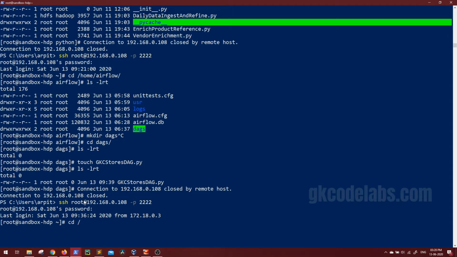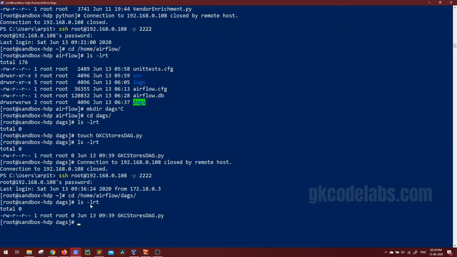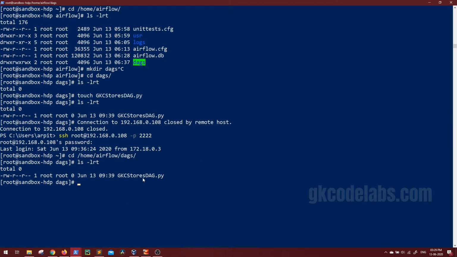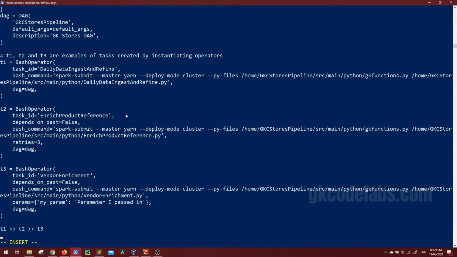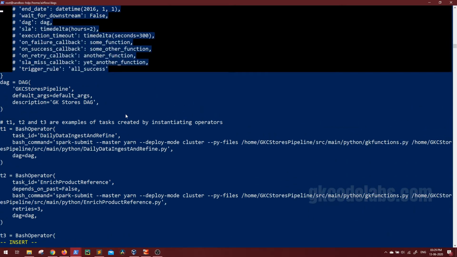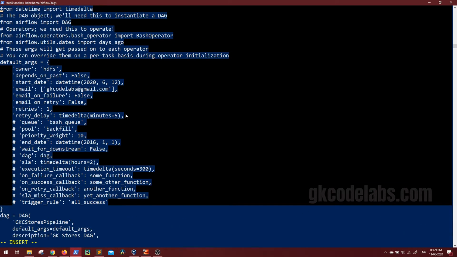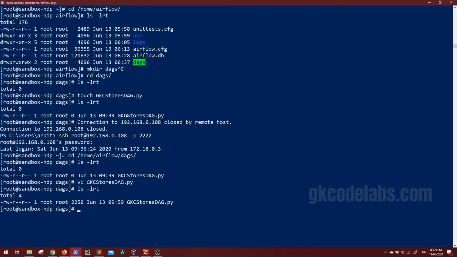Let's go to our DAG directory that was in home, airflow, DAGs. This was the file we created. To edit this, you can use the VI editor: vi, the file name, press enter. And as I told in my Unix tutorial, to insert something, press I, it will go into insert mode, and then paste. Paste can be done by shift insert or your right click of your mouse. Fine. So we have pasted whatever we required. Then let's save it. To save, escape, :wq!. So this is done. So we have our DAG.